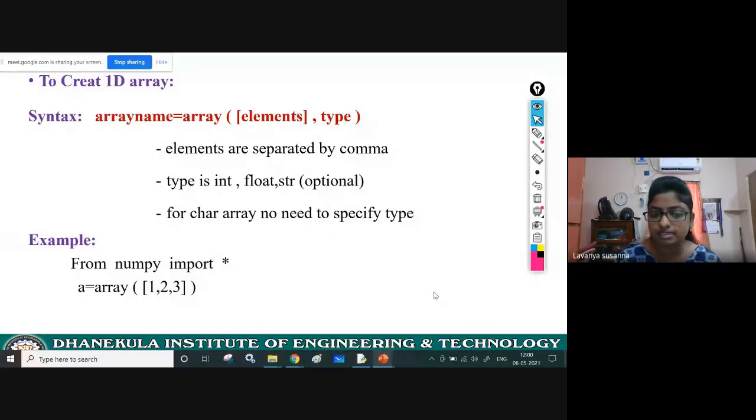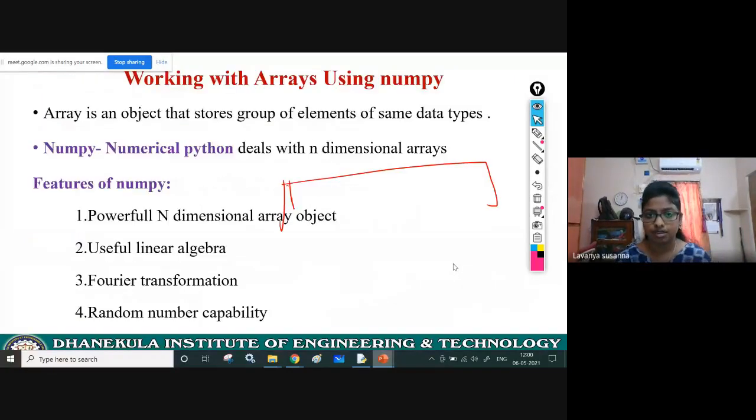Now let us see here in Python. To create arrays in Python, you need to use the NumPy package, because using this package you can do scientific calculations, you can create the arrays, and you can do operations on these arrays very easily because it provides many predefined functions.